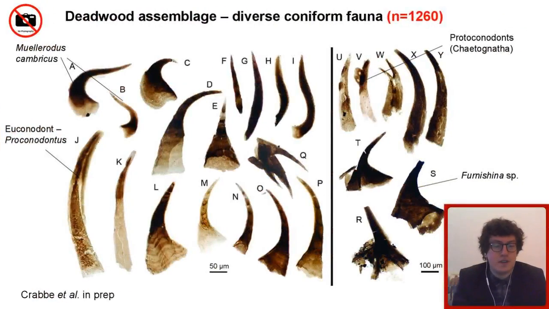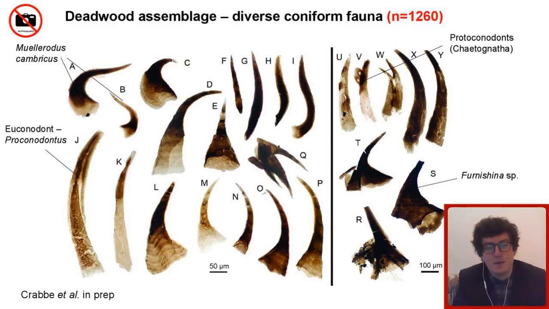So the Deadwood assemblage contains over 1,800 individual conodont elements. A large component of these are this diverse coniform fauna. Unlike other elements, these ones are more challenging to taxonomically classify due to their flattened nature, which precludes them from a three-dimensional analysis. However, there are some very distinct taxa, such as Mullerodus in the top left and Furnishina by